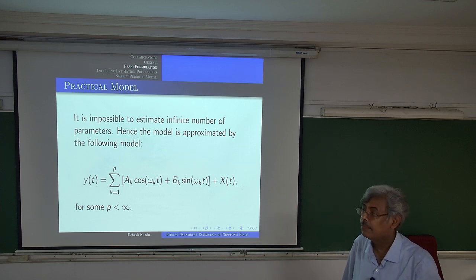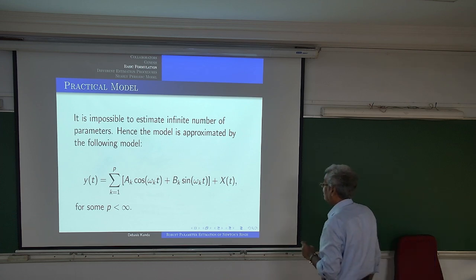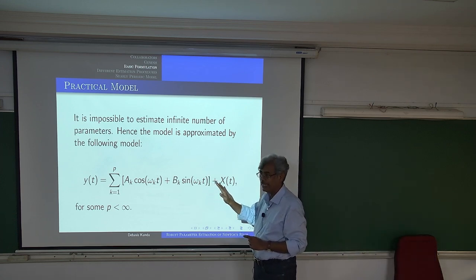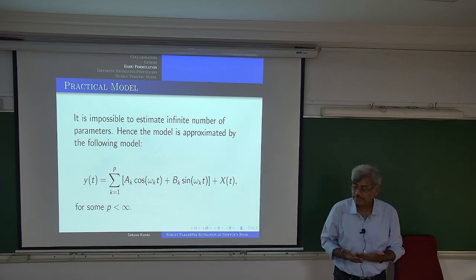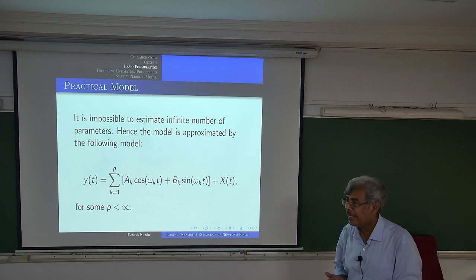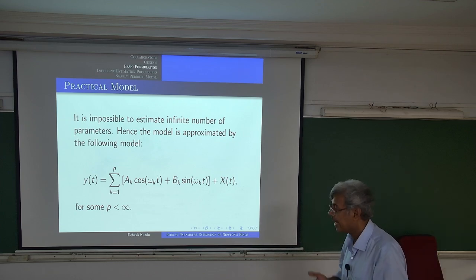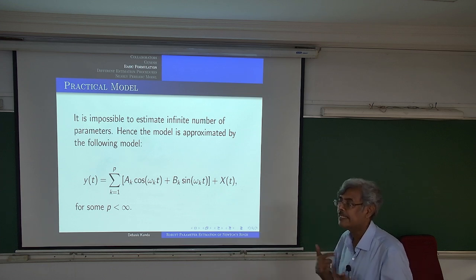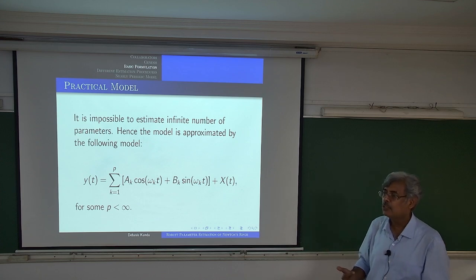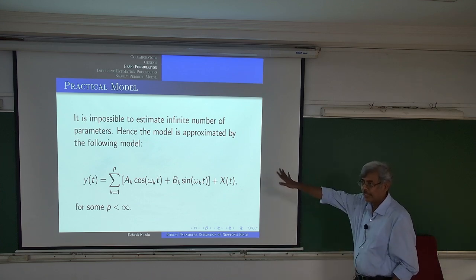How do you show this noise is additive? Well, I'll come back to this one. That's a very good question. How do you know that the model is additive? That's the assumption you make at the first time, and then you cross verify whether the assumption is correct or not. If it is not, you have to go back.